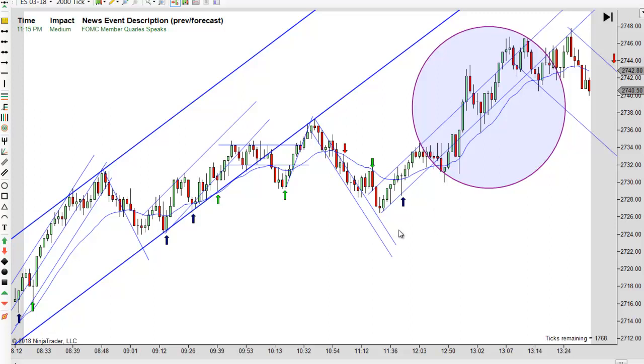So, we do push down, we fail, we come back, we get a first entry short, we push through the EMA, turn back down, get a failed second entry short. Nice bullish type reversal bar above the EMA. That's where you want to go long. That's a perfect reversal. That's what we're looking for. Look, that's the third touch of the trend line. 2 confirms that trend line. I like going long there. And that takes you up here, and look what happens from about 11:30 until the news comes out.